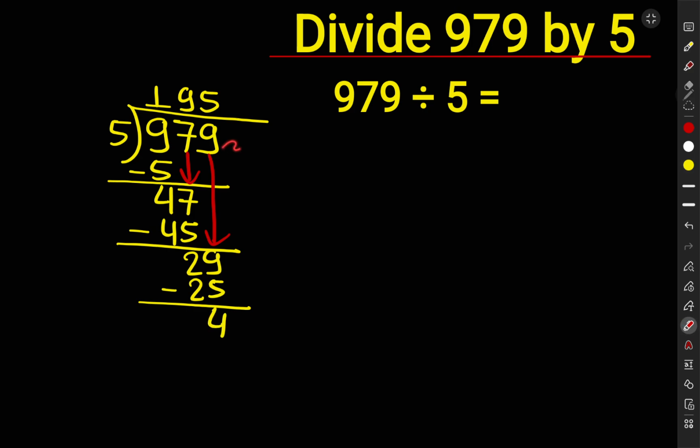So now we have no other number to put down. So we take a decimal here so that we put 0. So it is 40 and 5 times 8 is 40. On subtracting we get 0. So